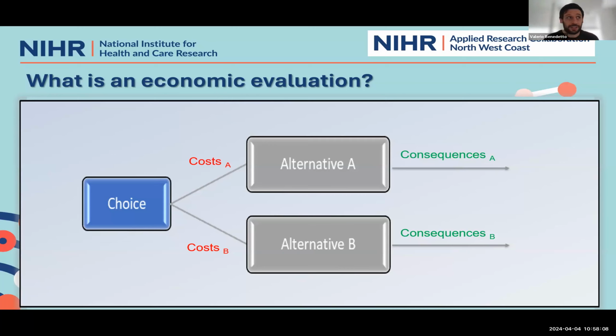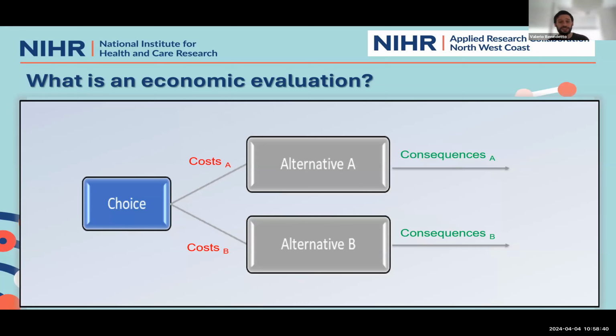So what I would like to focus on now is really the fact that we are considering costs and consequences together. We are not only considering costs in isolation, we're not only considering consequences in isolation. When we do an economic evaluation, it's about bringing all these different elements together in a comparative way. So we are comparing A with B, so we need to consider any cost for A, any cost for B, but not exactly any cost, any additional costs.